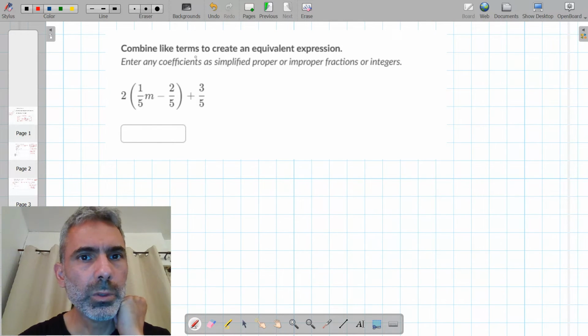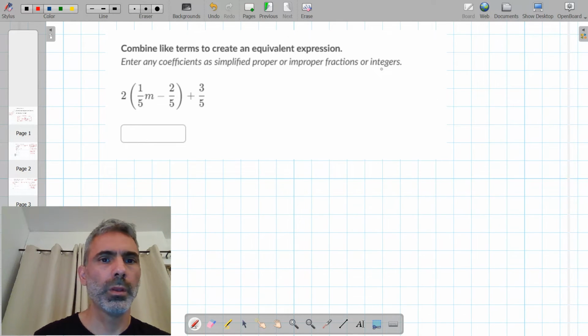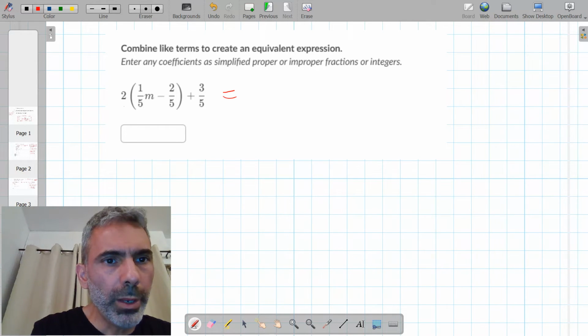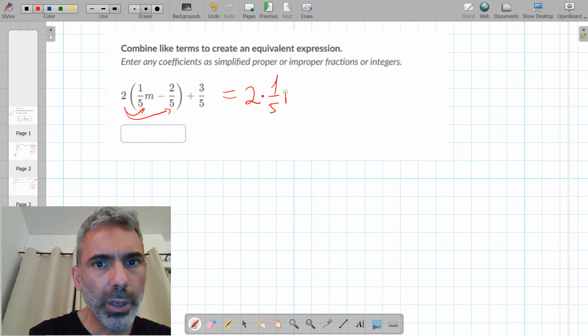Combine like terms to create an equivalent expression. Enter any coefficients as simplified, proper or improper fractions or integers. Okay, so when we apply the distributive property, we multiply the 2 by each of the terms within the parentheses. So 2 times 1/5 of m,